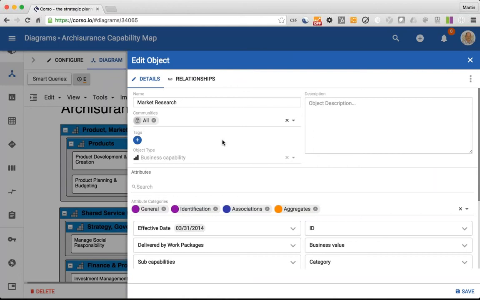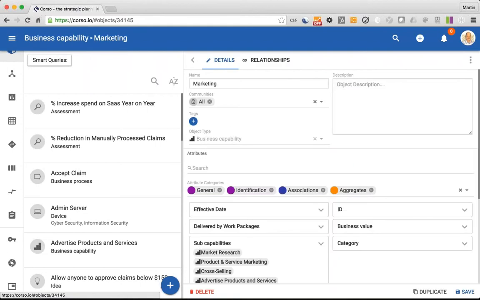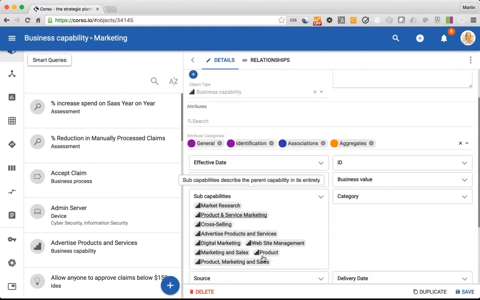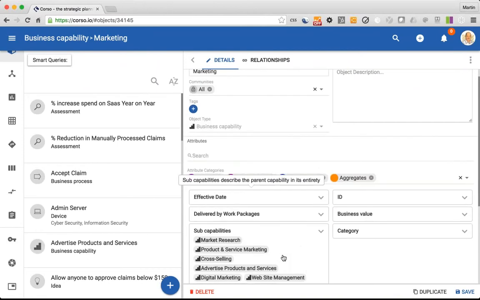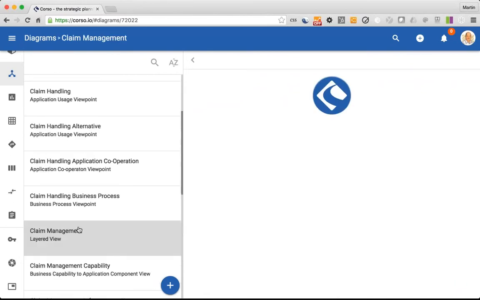we have a look at its relationships. You'll see it's part of marketing. And I can navigate to marketing from here, and open up the marketing object and see all its sub-capabilities. Okay, so you can navigate around the tool pretty easily. So that was a box-in-box style viewpoint. Let me show you